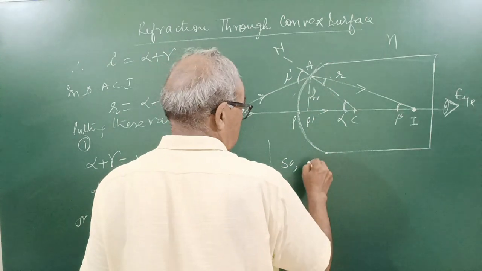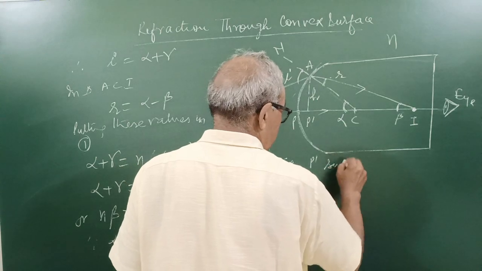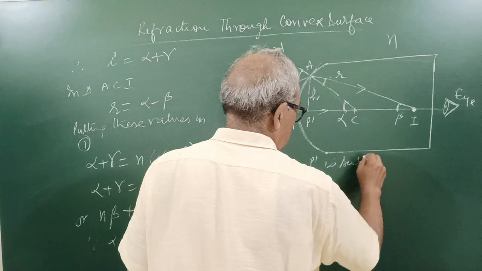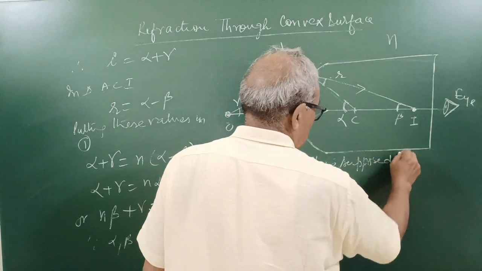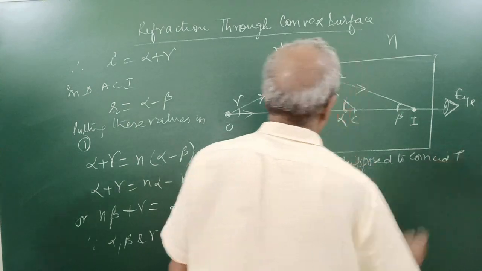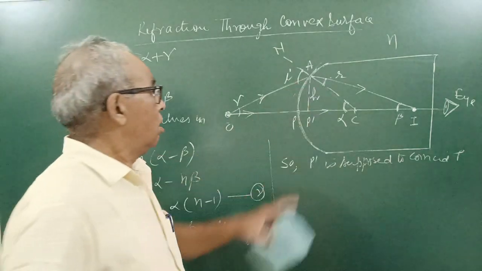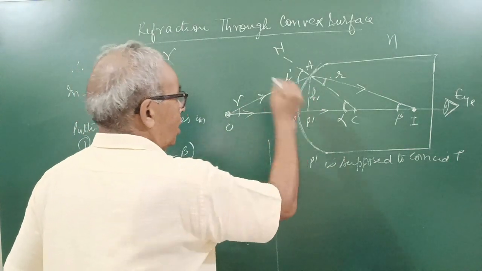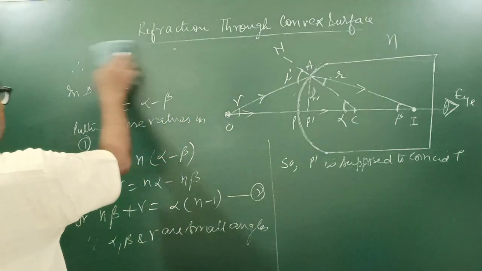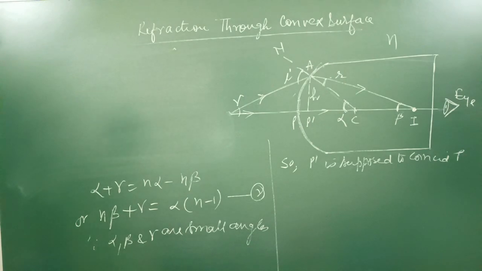So P dash is supposed to coincide with P, because if alpha and beta are small, it will come right here. It only looks like that because we have made a large diagram, and therefore